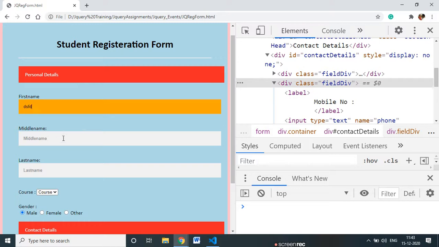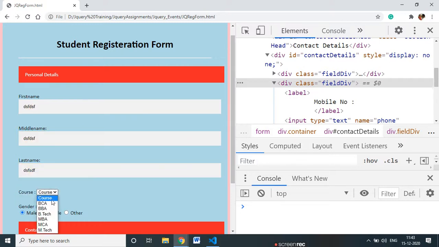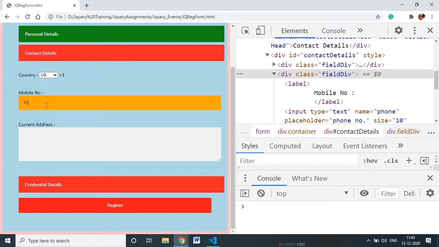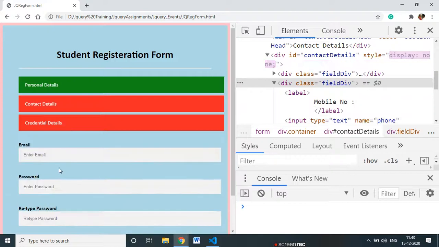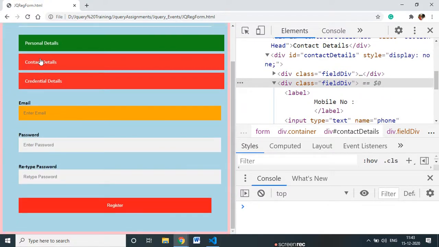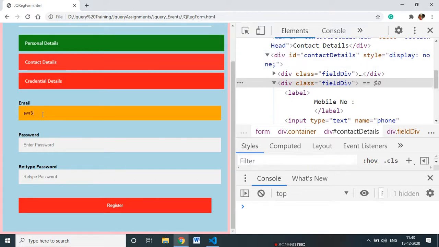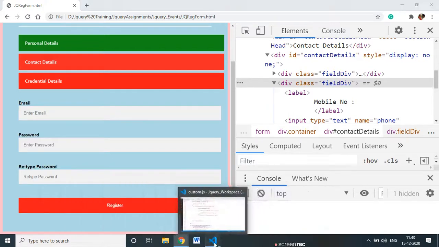Now if I enter here, here, and here, then it will expand this. 1, 2, 3, 4, 5, 6, 7, 8, 9, 10. Okay, it's expanded. Then I collapse this. Now this is still red, we have not applied CSS for green, no problem. Enter. Now see, now it's giving me the error. Before this, now it's working fine. Now it's the right time to validate and give the message here.